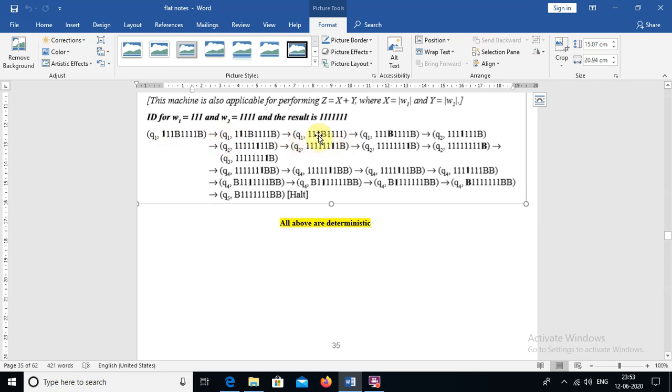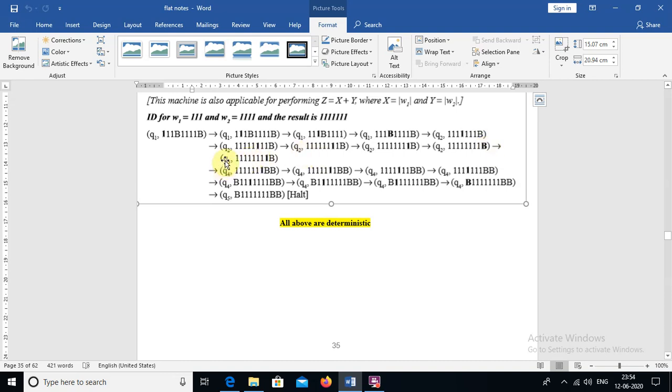So here we bold the ones, right? And whenever you find a blank in Q1, we transform it to a new state. That blank can be replaced with 1. So again we move on with 1, and we are in the Q2 state only, continuing with 1s. Whenever you find a blank, from there we have to move to the left side, and then you can change the state.